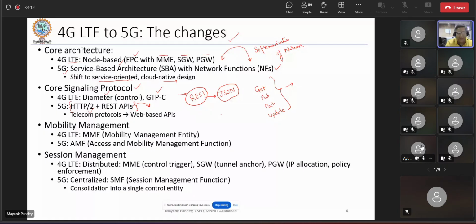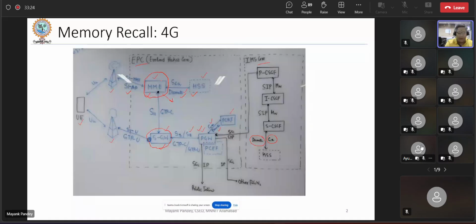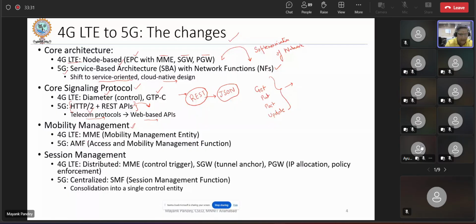When we talk about mobility management in 4G LTE, the responsibility of mobility management was with the MME, the mobility management entity. It handled everything. Here it is handled by the AMF, access and mobility management function. Now everything is a function. Everything is a network function which is containerized. So this is our AMF, and our AMF is connected to our